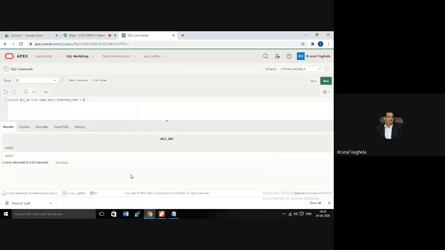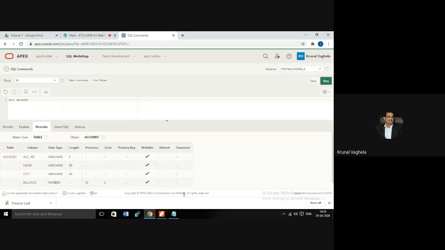So structure is very simple. We already have done it. DESC means describe, space, name of any table, for example, describe account, run. It will give you the structure of the table.